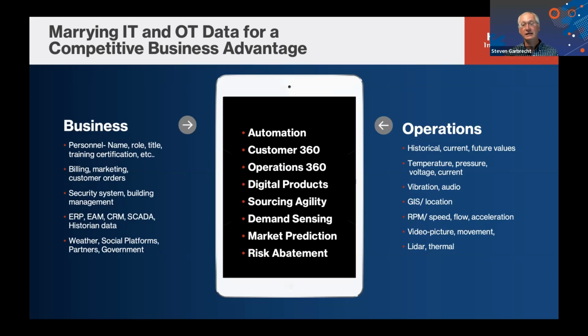Today, you really need to merge together all of your company and your capabilities to be effective, be competitive, and be a leader in the marketplace. If you don't, you're going to fall behind and things won't go that well for you in the long run. So marrying together this IT and OT data, merging it together and being able to leverage it in concert is really what helps to do this.